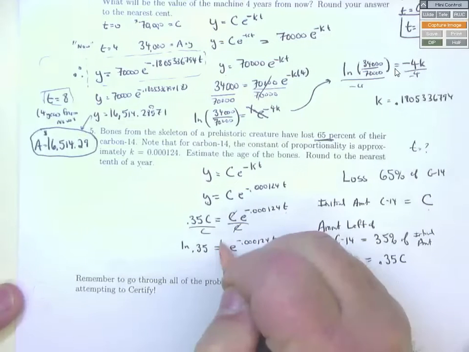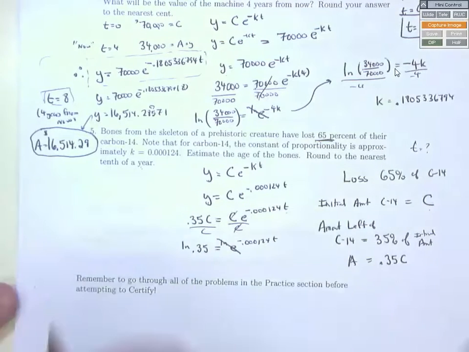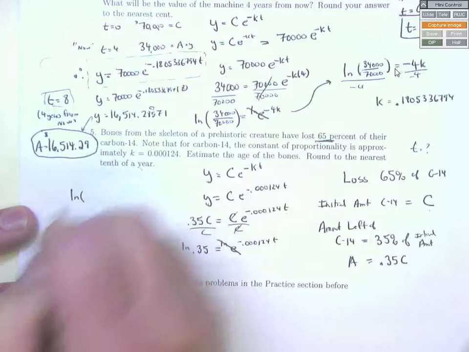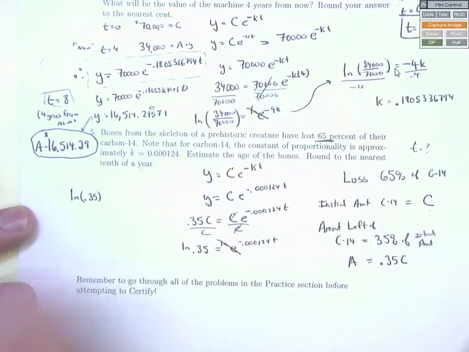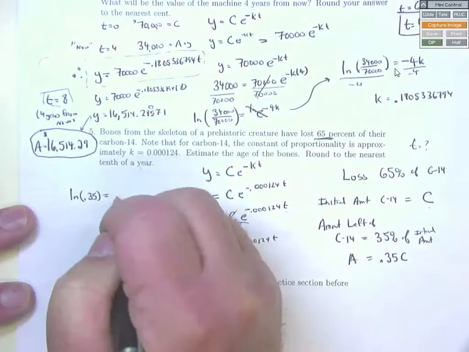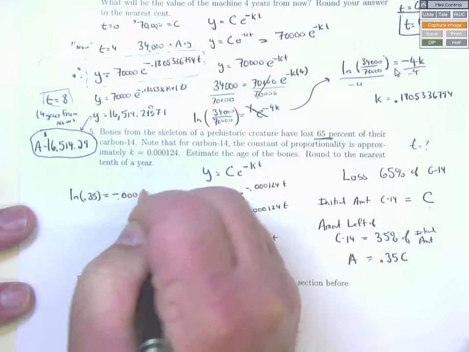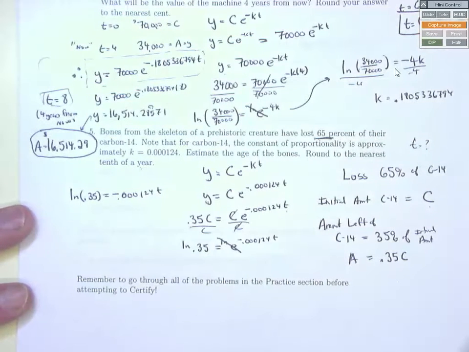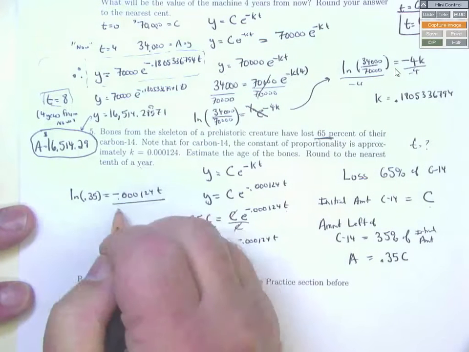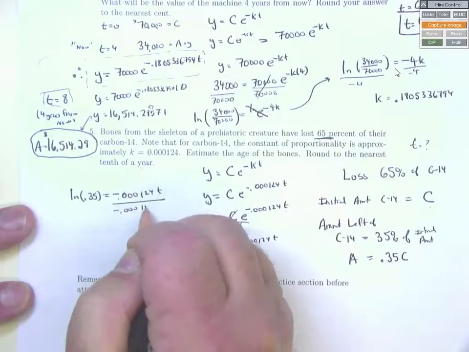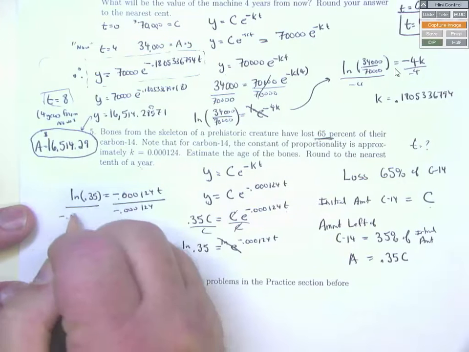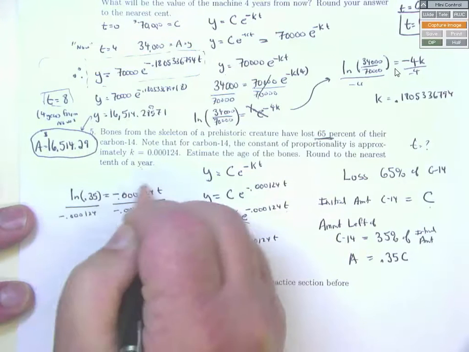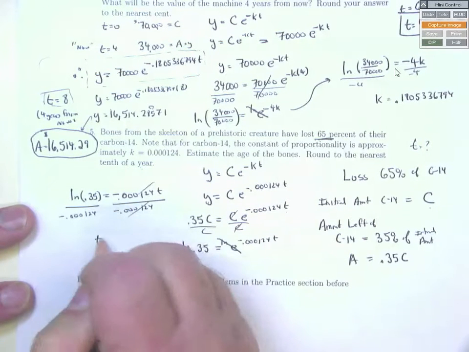And the natural log and e will cancel. This leaves you with the natural log of 0.35 is equal to negative 0.000124t. And then the last thing I got to do is divide by negative 0.000124. This cancels. And I'm left with t equals,